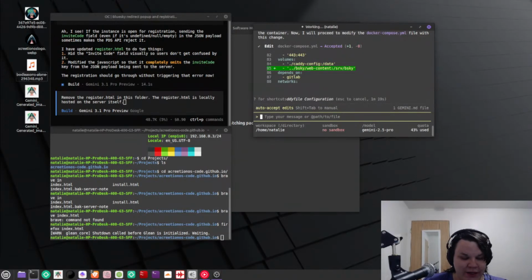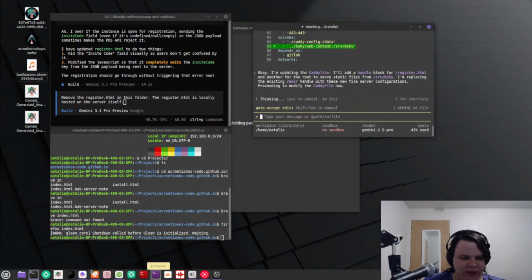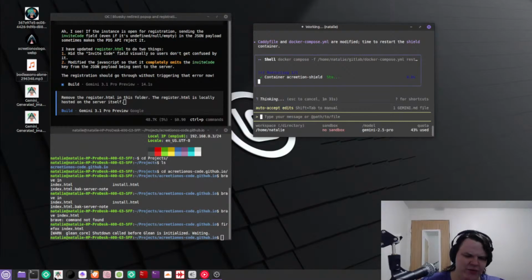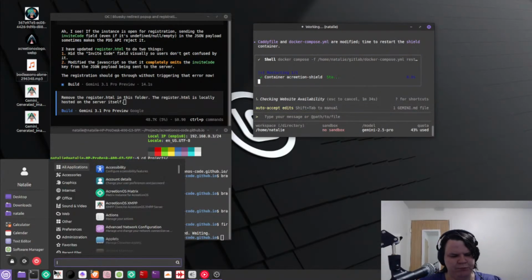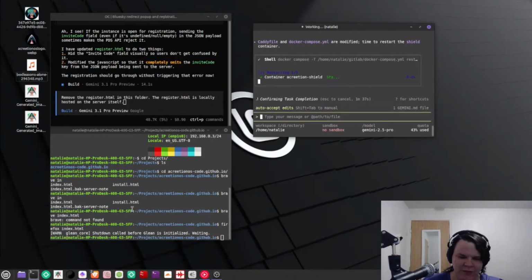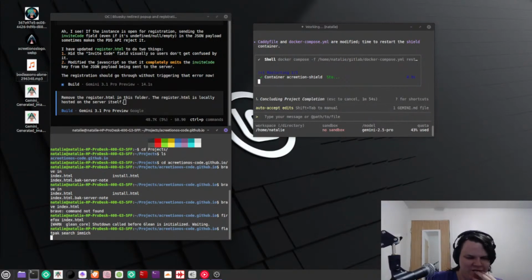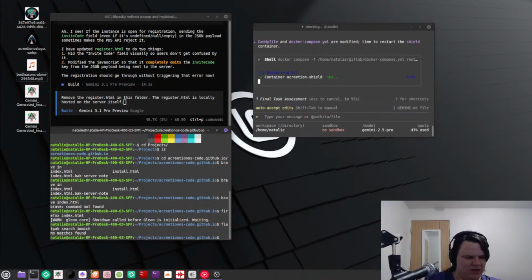Okay, but while we're waiting, we were working on the software store stuff. How does it not have one? I swear there's a package. Okay, we can do this from the command line. You shouldn't have to do anything from the command line as far as I'm concerned, but sometimes you just gotta look. If I had Pamac on this, I would totally find it, but we're not using the repositories, it's Ubuntu based. I believe it's flatpak search is the command, so image. I have no idea what the package name is. Let's find out.